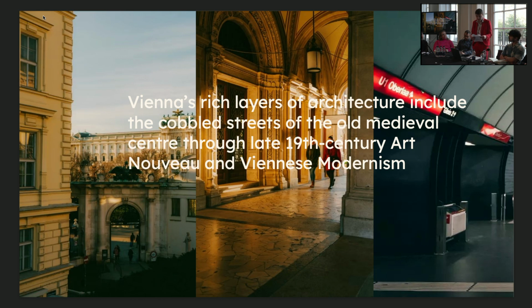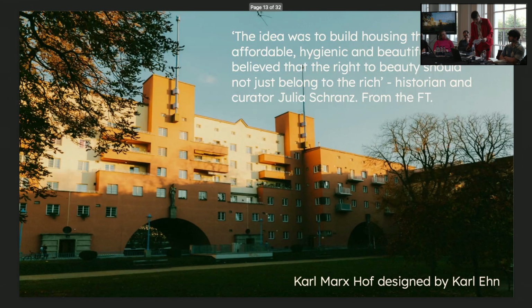Vienna's rich layers of architecture include the cobbled streets of the old medieval centre, through to the late 19th century Art Nouveau, and then of course 20th century Viennese modernism. So they've got a broad history of architectural styles. But Vienna also has a long history of progressive housing policy that stems right back to the early 20th century. This is the Karl Marx Hof apartments, designed at the start of the early 20th century in a new phase. This was an era where the new left of centre government in Vienna